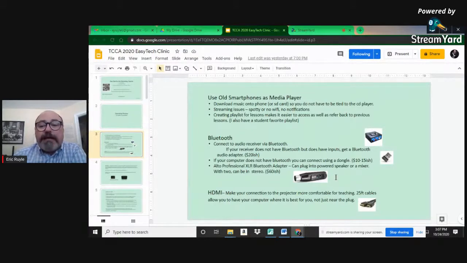If you have an old sound system, I've just got one of these, and I'm excited to use it. In fact, I'm going to have to start using it. This is a little thing that'll plug into the XLR, the microphone jacks on your speakers, or your powered speakers, or your mixer, things like that. That'll receive Bluetooth that way. This will broadcast in stereo.